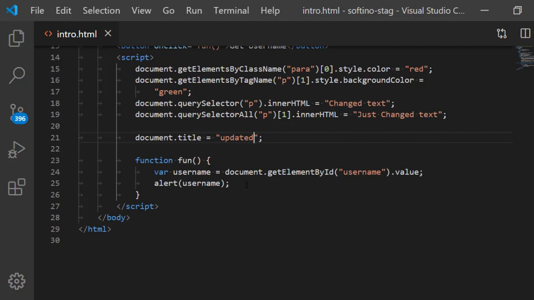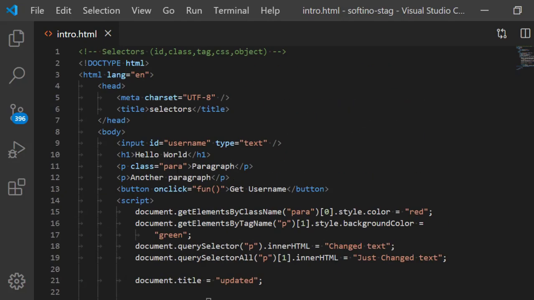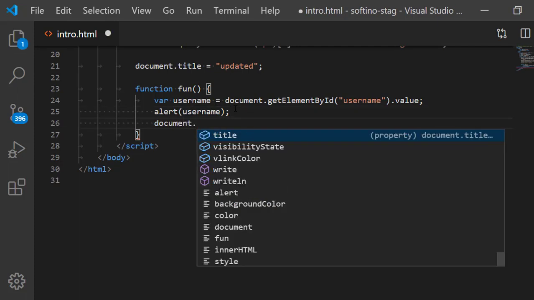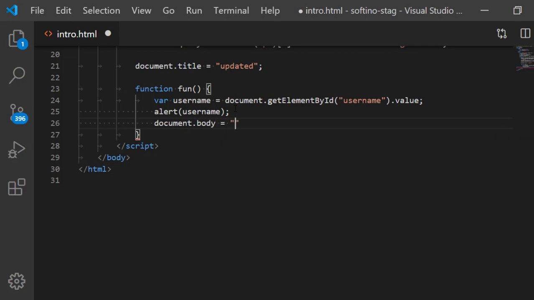You will be trying to empty the body of the document. So how is that possible? For example, I am just going to click on this function and click on the button here when I will be fetching the user input, username. So let's see. After having the alert, I am writing here document.body